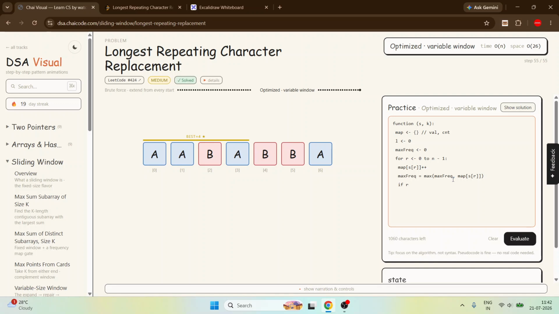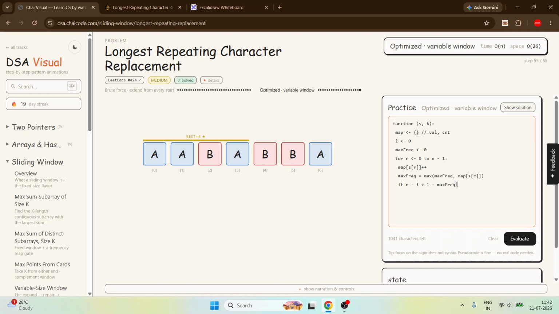We can easily calculate it: R minus L plus 1 minus maximum frequency. So R minus L plus 1 is our length, and when we subtract the maximum frequency, it will give us